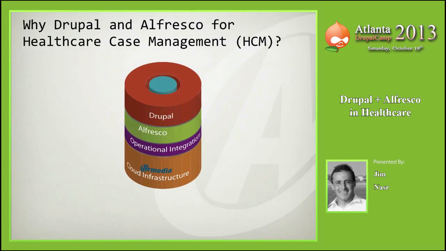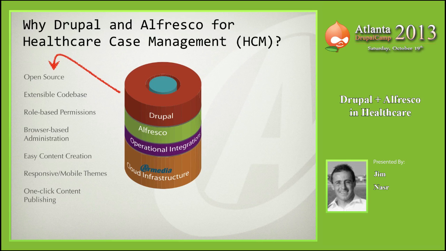So real quick, before we get to the demo, I'm going to give you a couple of slides on really why Alfresco and Drupal. Anybody familiar with Alfresco here? Okay, good. Two or three people. So Alfresco is really an enterprise content management system. It's an open source system. At least to us, for sure, it's the leading open source system for enterprise content management. It competes with products such as Documentum, SharePoint, OpenText, you name it. And the reason why we like it is that it provides all the scalability and all the rigor that you would expect in enterprise content management, right?